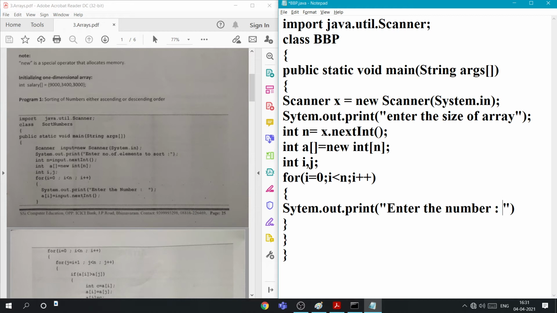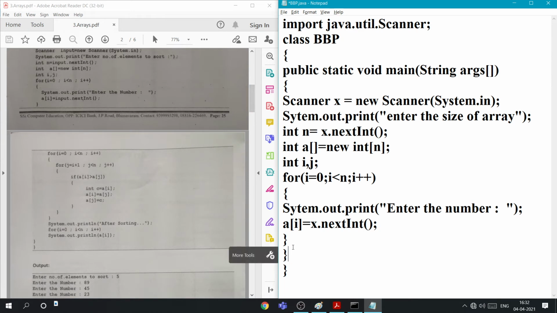I just use a method. a of i is equal to x input you are taking, so x.nextInt. Okay, so this is how we'll take the input.